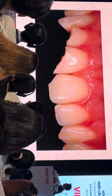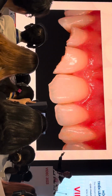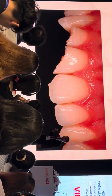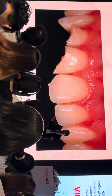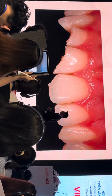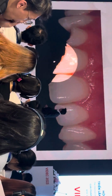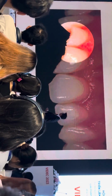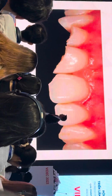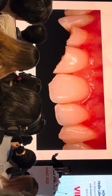Okay, how about this case? Fracture. To improve this clinical case, again, I believe Vietnamese dentists also, now in the world it is very popular, the selective etching technique. The concept of selective etching is we etch with phosphoric acid the uncut enamel area. This border area we will not etch, we just etch the uncut enamel area. We rinse water, air dry, apply bonding, then